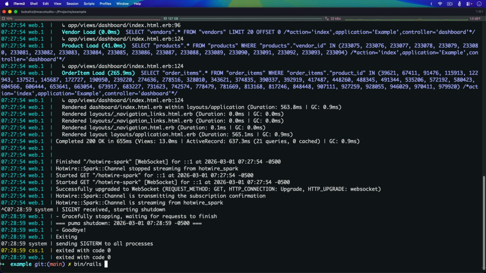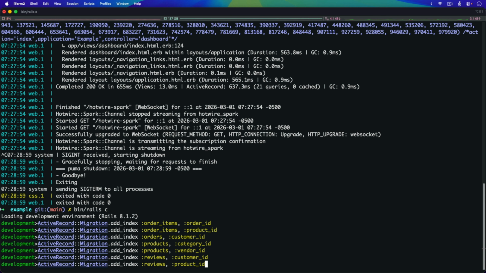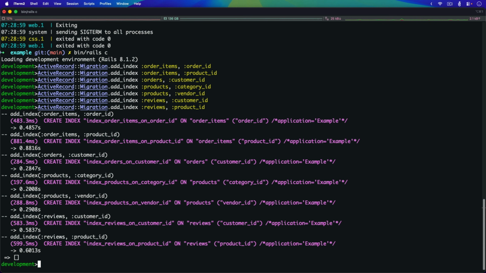And so again, what I'm going to do is go into the Rails console and I'm going to add in those indexes again. Again, you never want to do this. You want your migration to be responsible for adding in indexes or removing them. But if you're just trying to figure out what kind of performance difference you can get from adding in a migration,